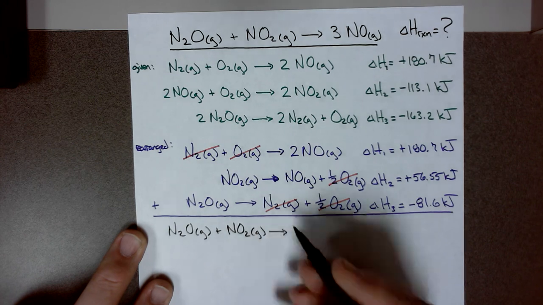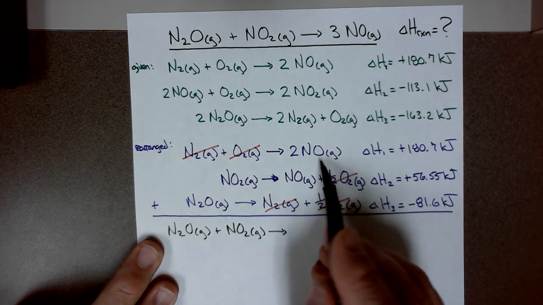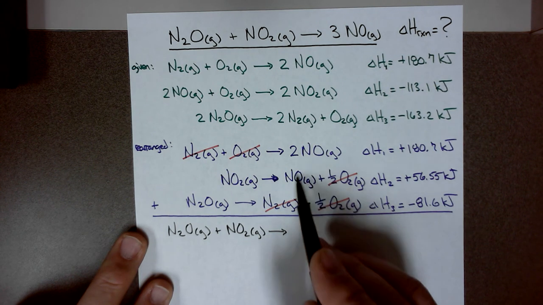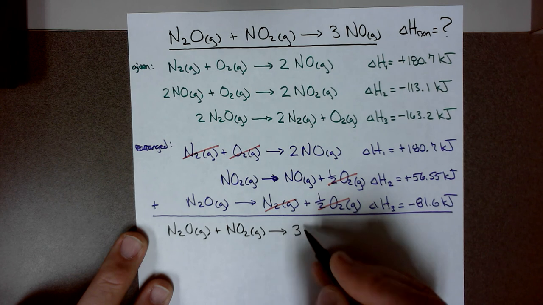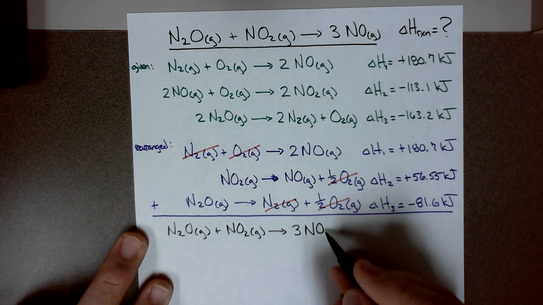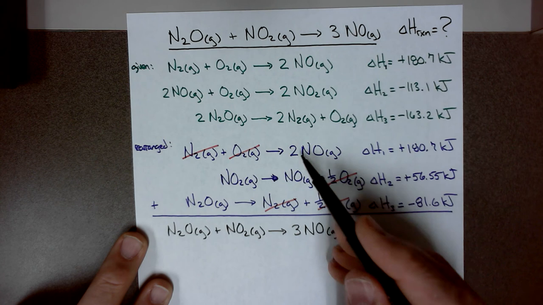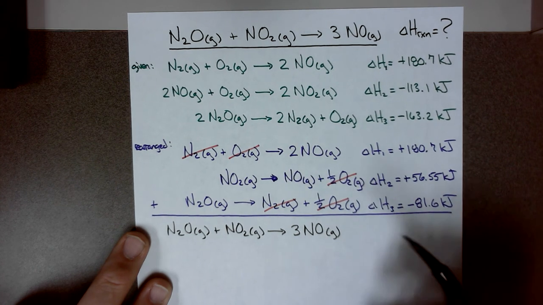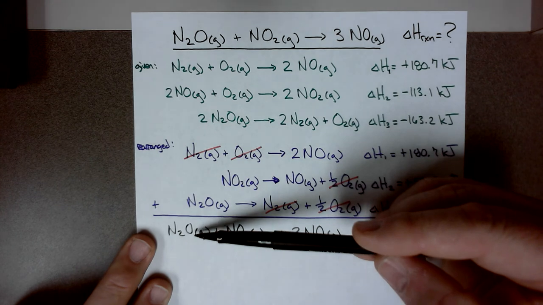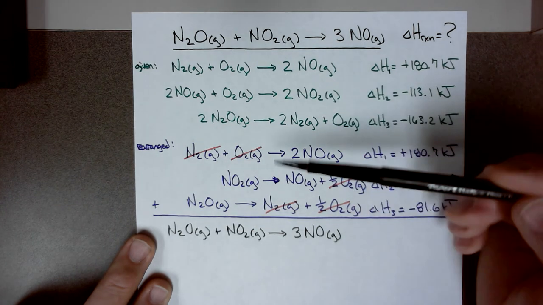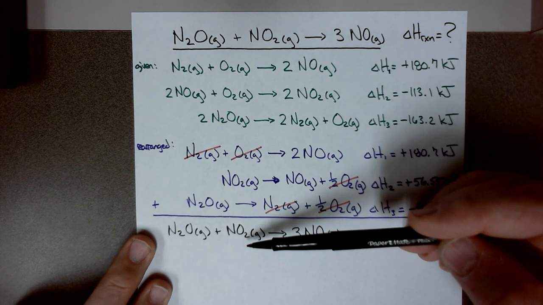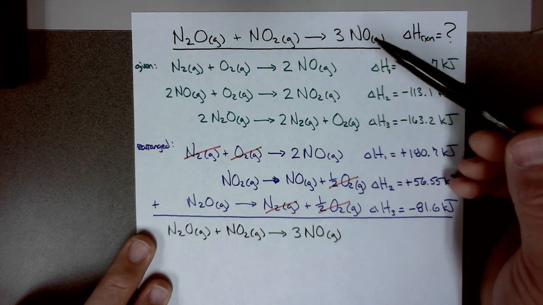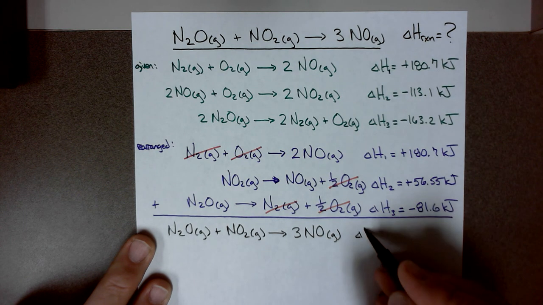produces N2O, 2 moles of NO here and 1 mole, so those two add up to make 3 moles of NO gas, right? 2 moles here, 1 mole here, that adds up. There's no other reactants. Let's see if this worked. 1 mole of N2O, 1 mole of N2O. 1 mole of NO2, 1 mole of NO2. 3 moles of NO, 3 moles of NO, and so my delta H of the reaction, and all I'm going